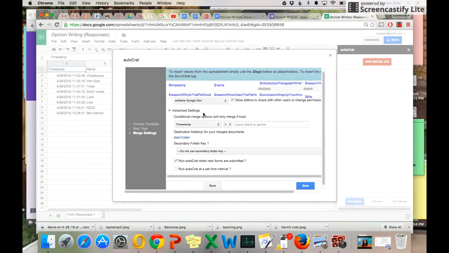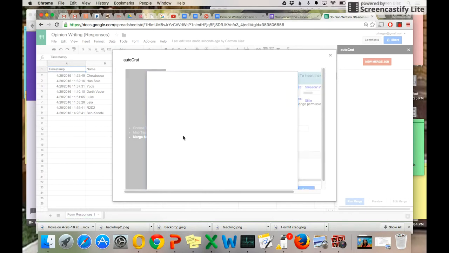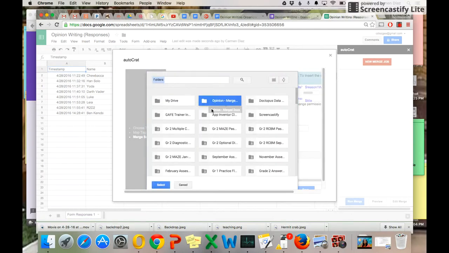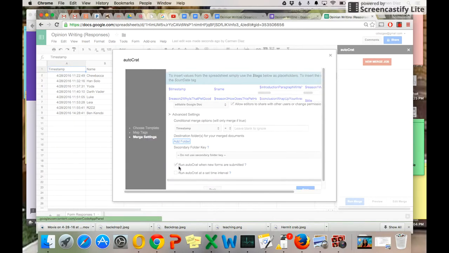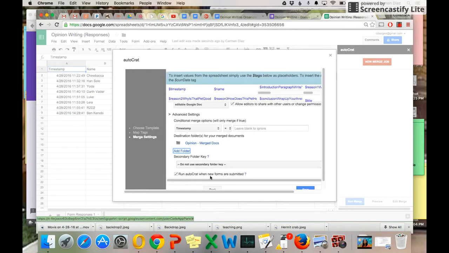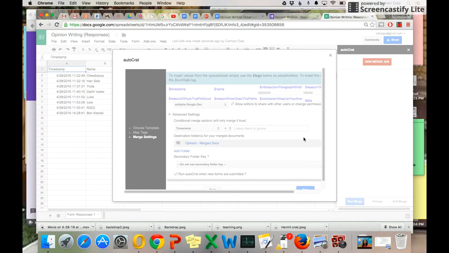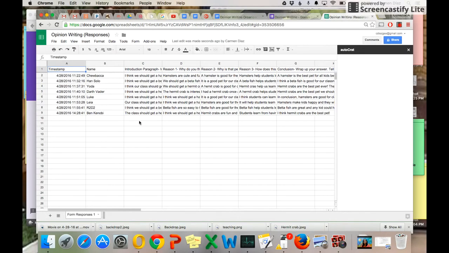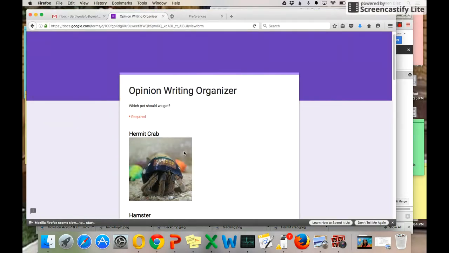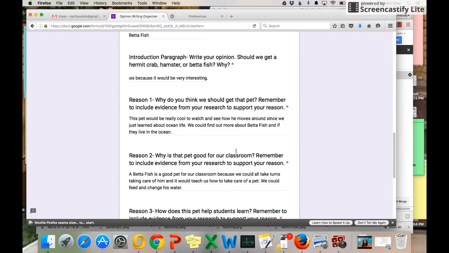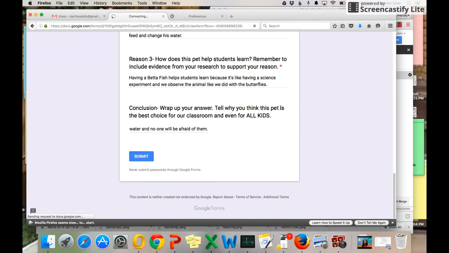And if you don't click any advanced settings, it's going to create a folder for you, but I already have a folder. So I want to make sure it goes into that folder, and you want to make sure this box down here that says run autoCrat when new forms are submitted is checked so that when a student submits it, it's all set. So once you have your merge job set, I'll show you a sample student and you'll be ready to roll. So here's my sample student, filled it in, submit,